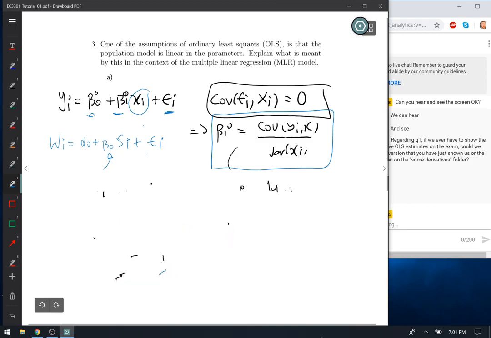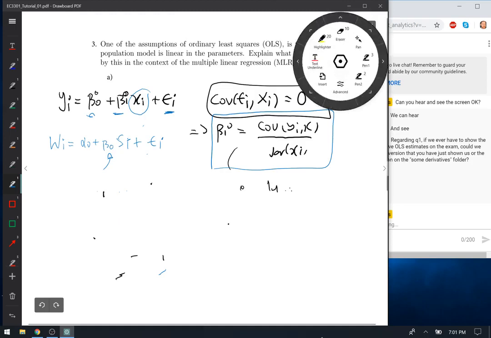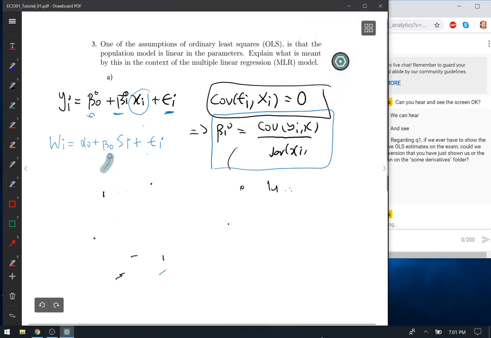In this model, the exogeneity would assume that the covariance of the unobservable epsilon i, everything else that drives wages, and your years of schooling equals naught. Well, if you assume that, and you assume linearity, if you put these two things together, you'll find that B0, and we did this, is just going to be